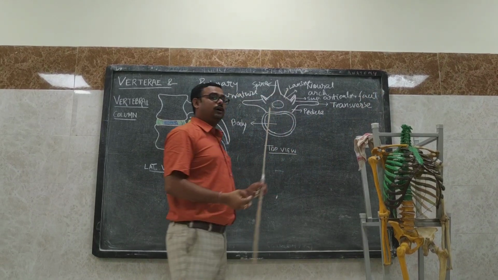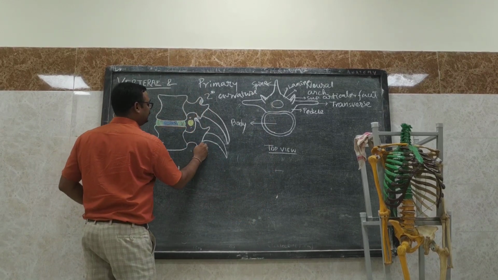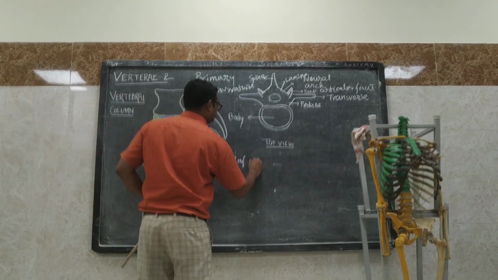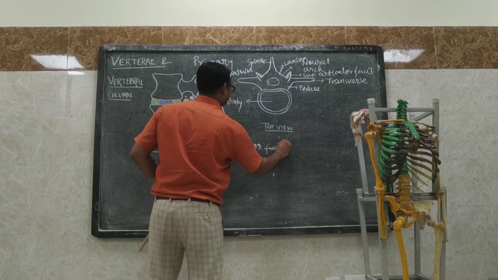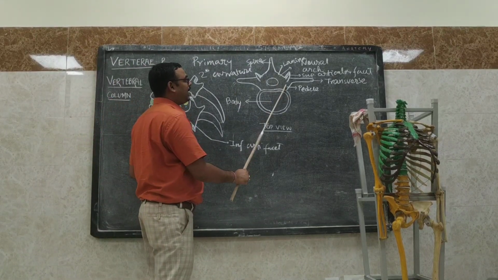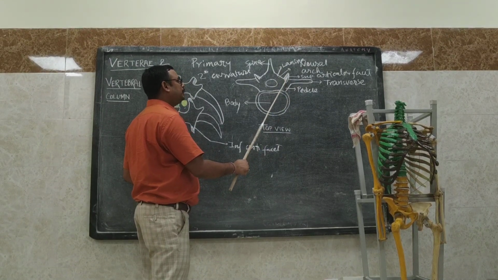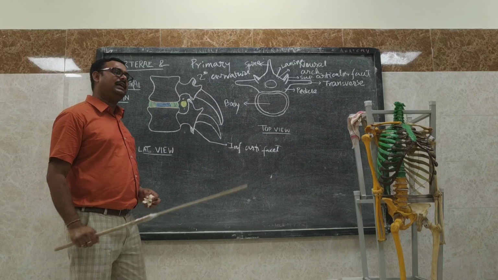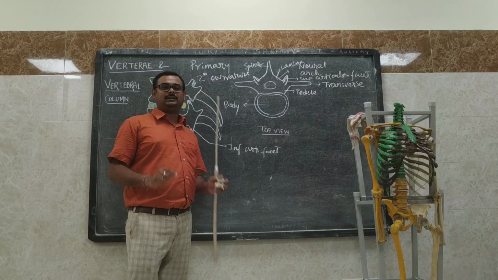Transverse process. These are the superior processes or superior articular facets. Why do we call it a facet? Because it will take part in articulation. And the lower one is the inferior articular facets. So there are some processes present at the junction of lamina and pedicle. One most important is the transverse process. Another two are the superior and inferior articular facets. In different vertebrae there are other features, but these are the common features present in each vertebra.